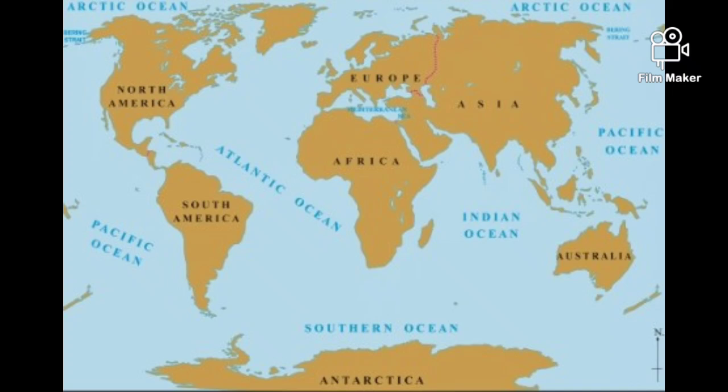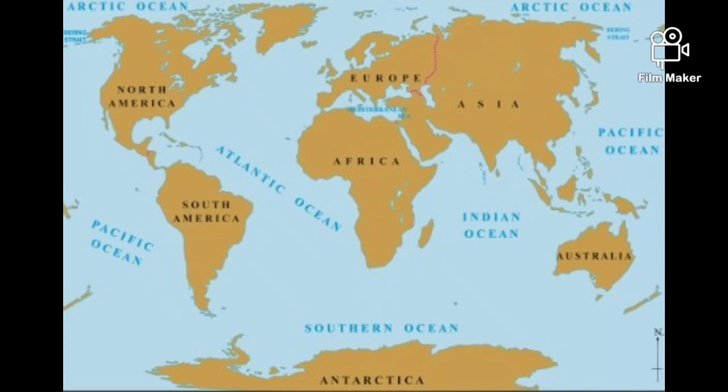And the map, this is the world map. Here on the map you can see all the different continents clearly, and the different oceans. So both a map and a globe help us to locate places. It shows you where exactly the different continents and oceans are on the earth.